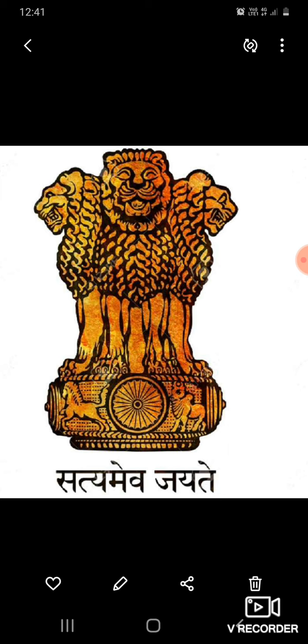And here in this picture you can see some Hindi written: Satyameva Jayate. It is in Devanagari script, that is Hindi script, and this line is called Satyameva Jayate, meaning truth alone prevails. This line has been taken from the Mundaka Upanishad. It is found at the bottom of the base of our emblem. Understood now?